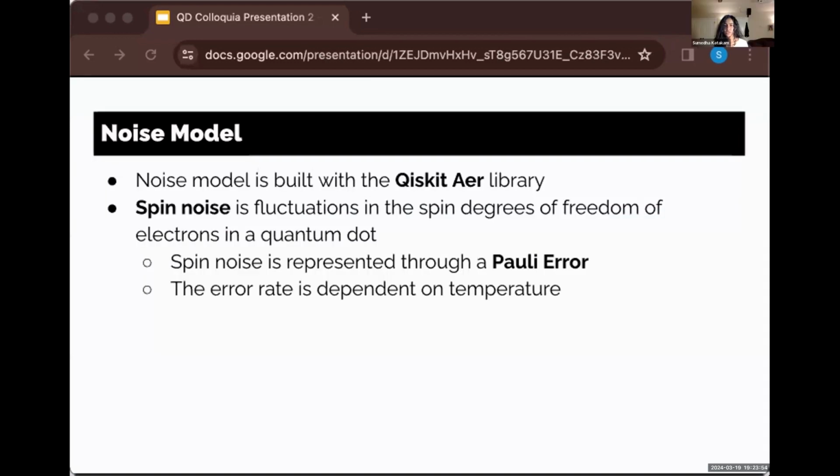The purpose of a noise model is to explore sources of noise, such as charge noise, environmental noise, background radiation, etc., in order to identify how they affect QKD systems. For the purpose of our research, we use the Qiskit Aer library to create a model that explores spin and charge noise. With our noise model, we are also able to figure out potential strategies to mitigate these noises.